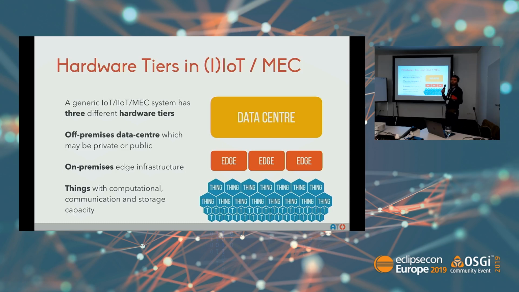So you have the data center, which mostly refers to the cloud, which can be private or public. Then you have some edge infrastructure that can be some servers that you have in your factory or near your production plant, where you are the owner of that infrastructure. While in the case, for instance, of MEC, the owner of that infrastructure is the telco operator. And then you have the things. By things, we mean something that has computational, networking, storage, or I/O capabilities that we may want to use also as part of the